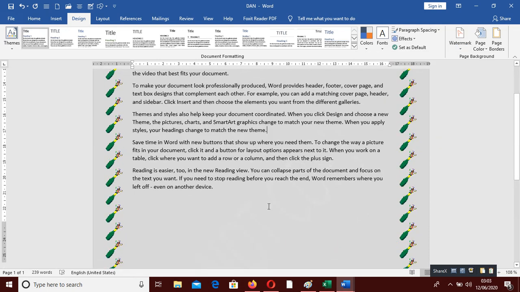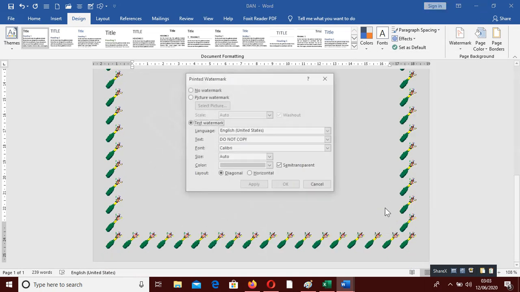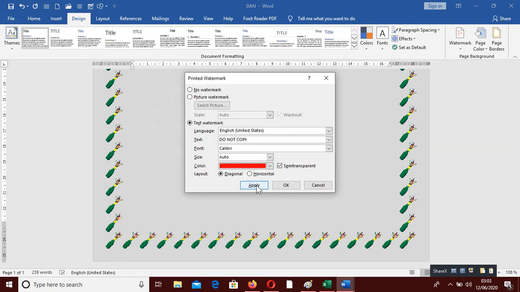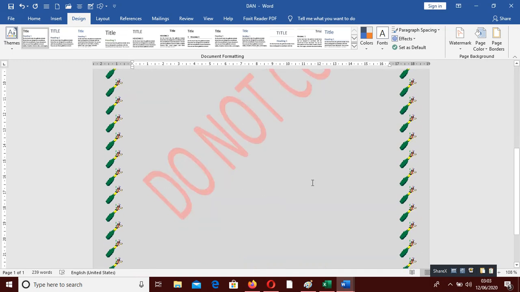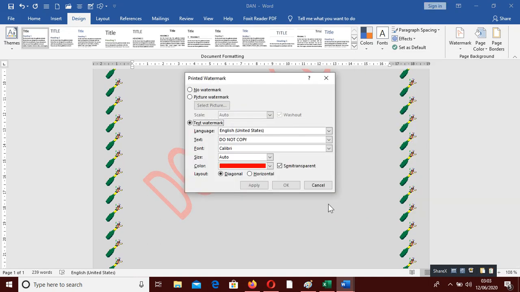Do not copy it. If it is not visible, you can still go to watermark, custom watermark, change the color of the watermark, red. When you apply, you will see a watermark at the background of your document. So click on page watermark again. So I've said you can customize by clicking on custom watermark. You can change the text itself. You want your own name, you can use your name. Just type your name there. Change the color if you prefer a different color,